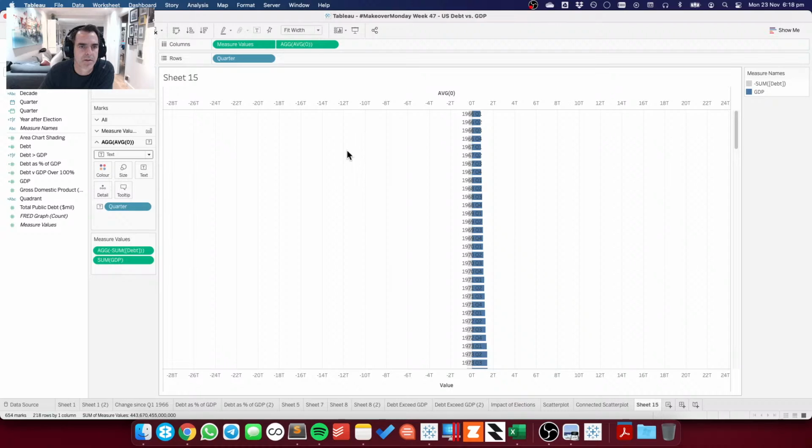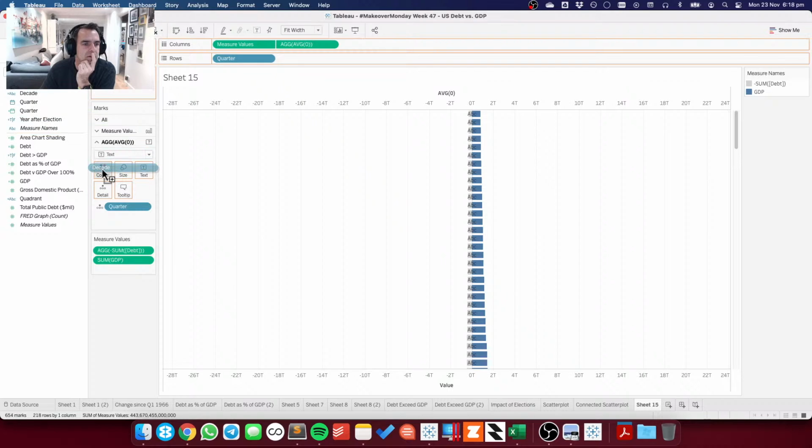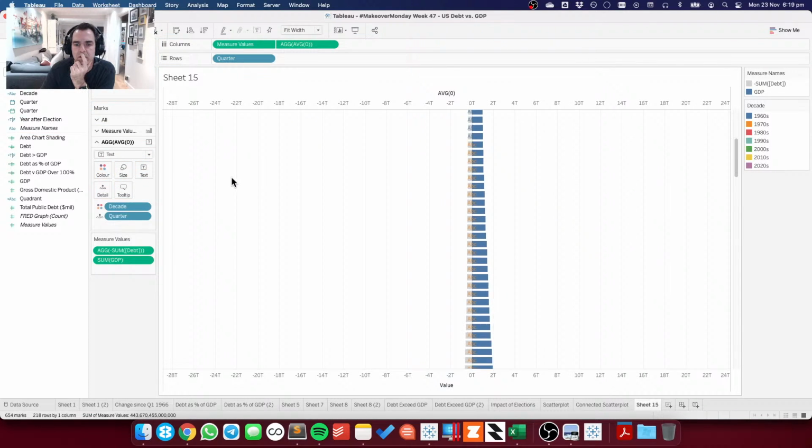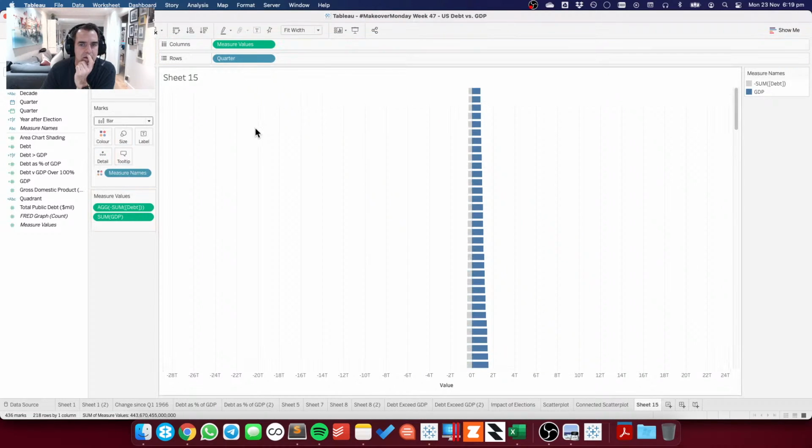But maybe instead of putting that on the label shelf, I'll just leave that on detail, and what if I put decade on color? Okay, that didn't do anything, that was a bad idea. So let me get rid of that.